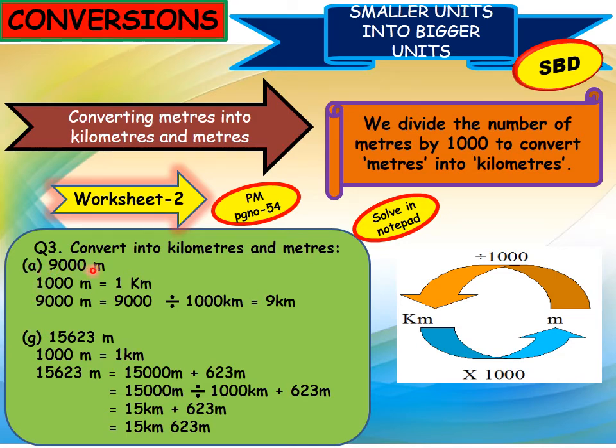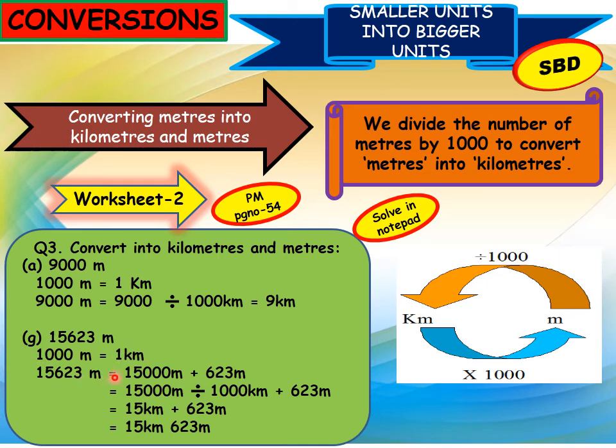Question A, 9000 meter. Since 1000 meter is equal to 1 kilometer, 9000 meter is equal to 9000 divided by 1000 kilometer, that is equal to 9 kilometer, right? Now question B, 15,623 meters. Since 1000 meter is equal to 1 kilometer,